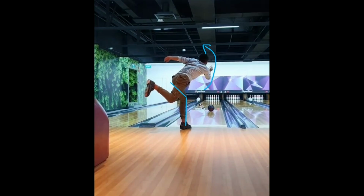Because with a faster follow through, typically you get higher rev rate, and with that faster cadence as well, faster release and everything, you typically also have the benefit of a higher ball speed as well. Okay,